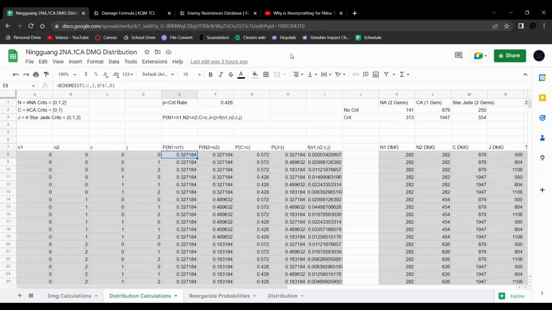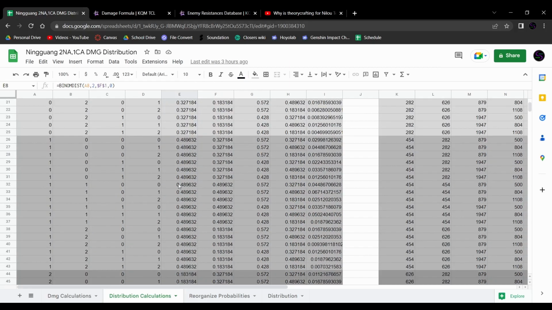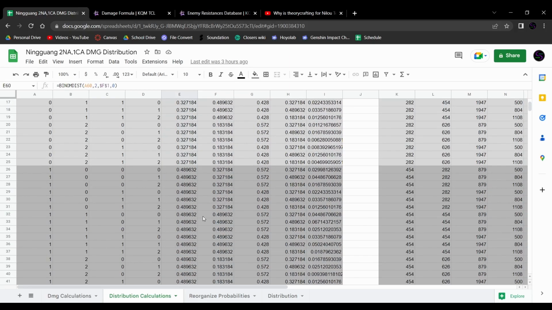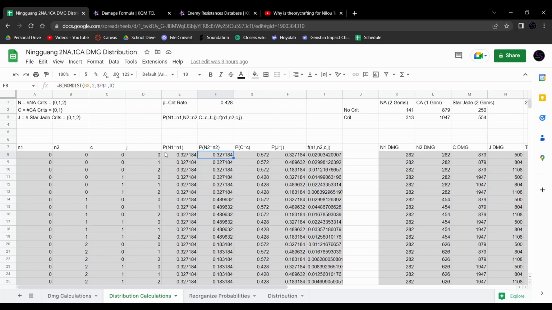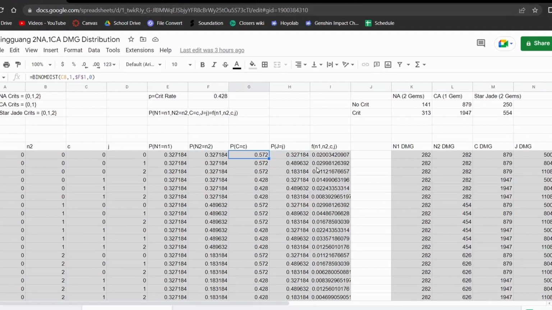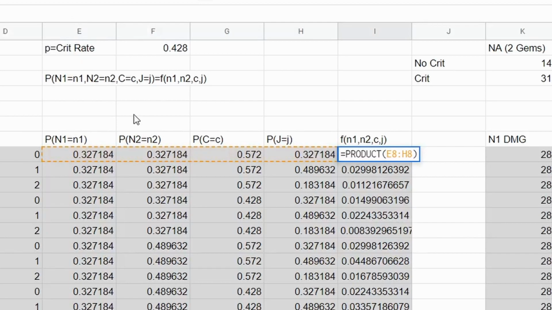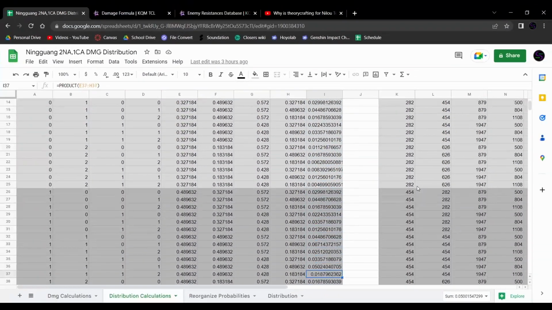There are a lot of other assumptions that I can explain in more detail, but I don't want this video to be too long, so yeah. And maybe we can scroll down here. This is the probability that 1 of them crits, and the probability that both of them crit is the smallest. So yeah. Anyway, then we do this for every other column. We can still use the binomial distribution for both of these. It's very simple to calculate these. And because all of these attacks are independent of each other, we can calculate them just by multiplying these probabilities together. It's quite simple. You can see here is the product of all of these, and we mapped it out for every single possible case.